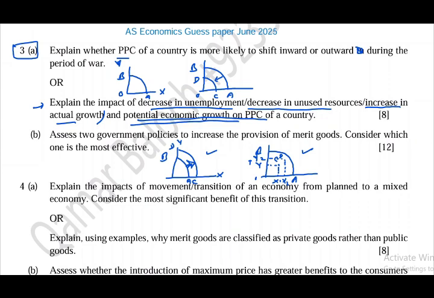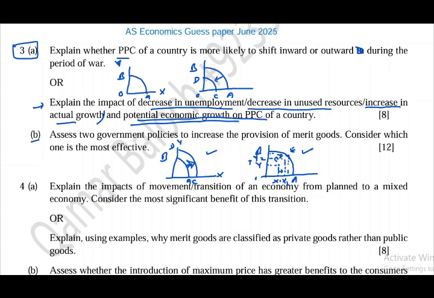Sometimes a decrease in unemployment may increase output in a greater proportion, and sometimes output may increase in a lesser proportion. For example, from point C to D, GDP will increase and X and Y are both increasing. X goods are produced more, Y goods are also produced more. But if unemployment could have been completely removed, then the economy would have moved from point C to E directly, where production of X and Y should both have increased a lot, right? So this is how you can conclude your answer.